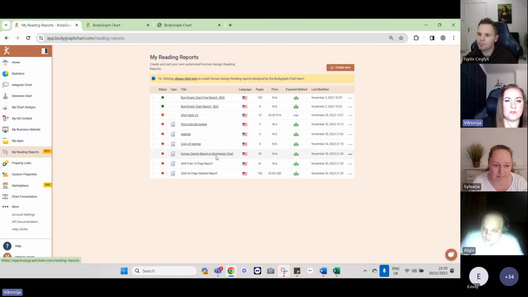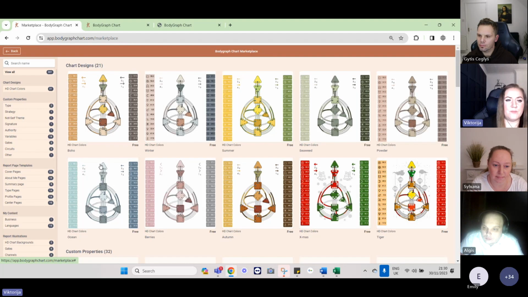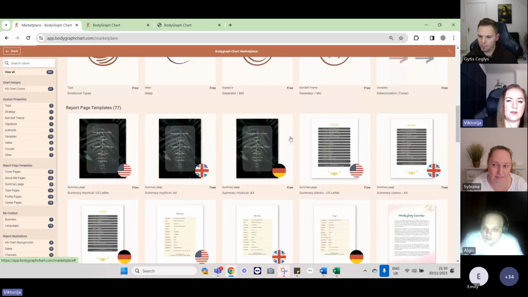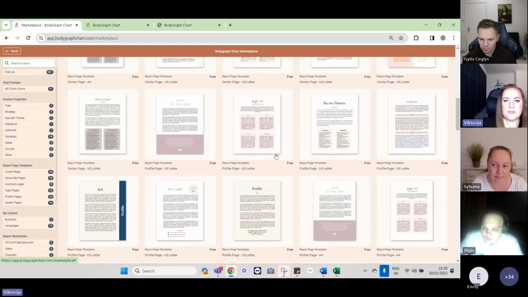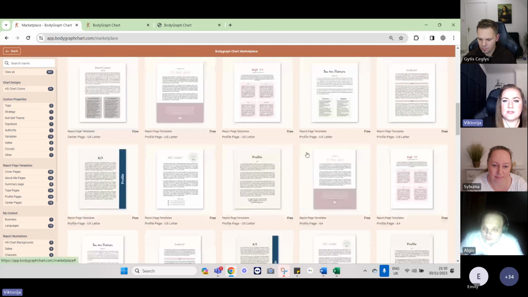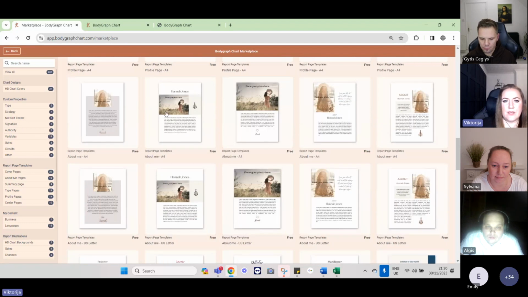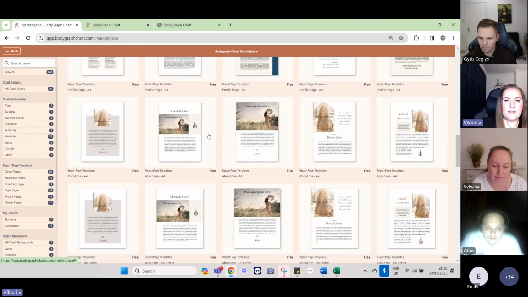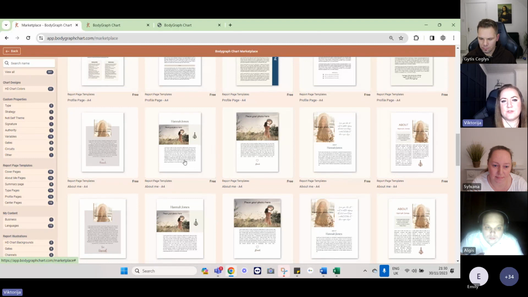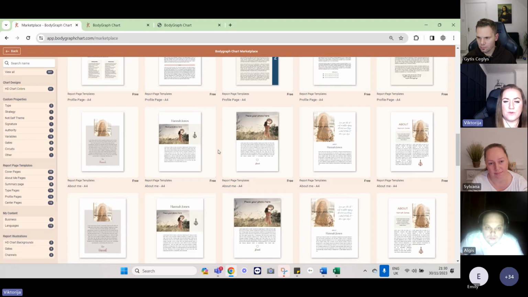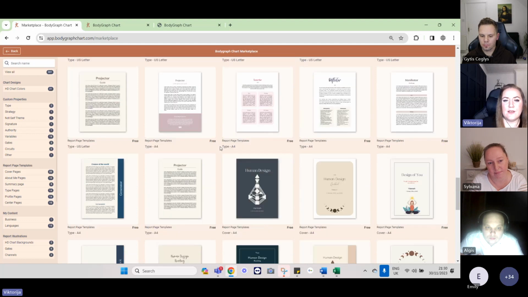You can also, the great thing, while you're working, let's say, on your report from scratch, you can actually get the page templates. So these are like placeholders of the text. You can select the template to your liking. Obviously, you will be able to change the images or the symbols, the text to your liking, but at least you won't need to change the layout, and that work is done for you. The only thing to take